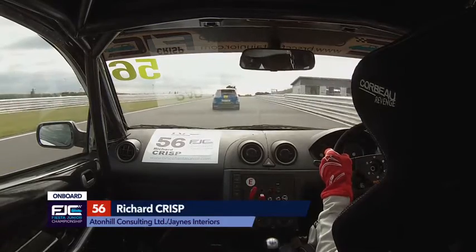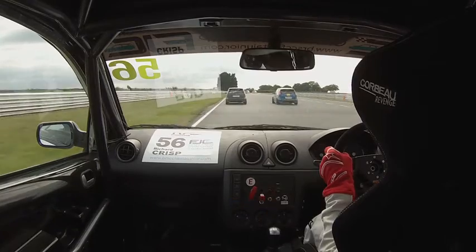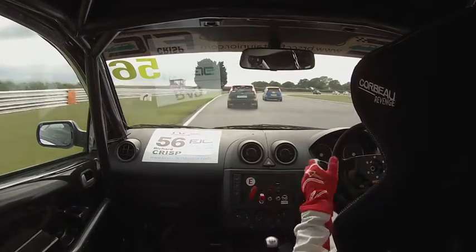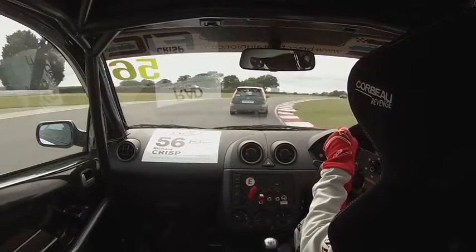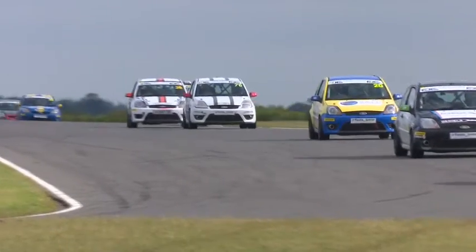So Lewis Kent, the Witton-based racer, goes through. This, I'm guessing, is going to be his home race. Not quite sure whether Brands Hatch might be nearer, but probably is the nearest race for him. As we go in car with Richard Crisp, very useful addition. Took 2 4th places at Donington Park,